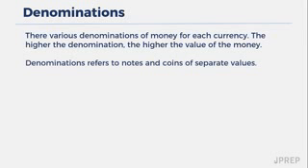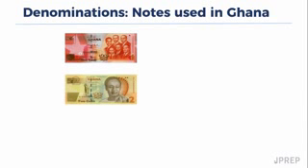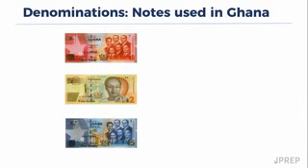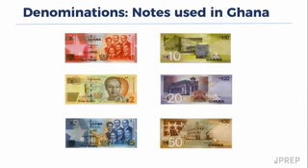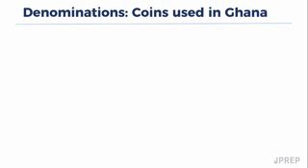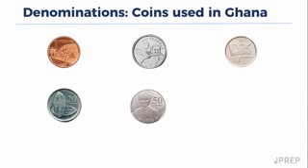Denominations have separate values, and these can be seen on the notes and the coins. In Ghana, for instance, the note denominations include 1 Ghana cedi, 2 Ghana cedis, 5 Ghana cedis, 10 Ghana cedis, 20 Ghana cedis, and 50 Ghana cedis. There are also coins that are used. In Ghana, we have 1 pesewa, 5 pesewas, 10 pesewas, 20 pesewas, 50 pesewas, and we also have the 1